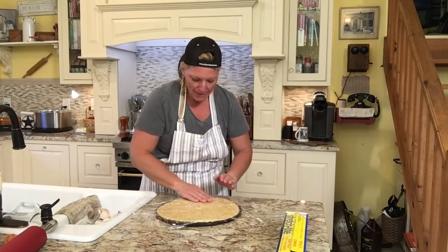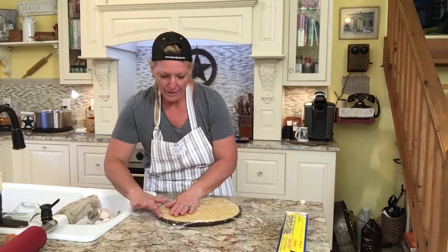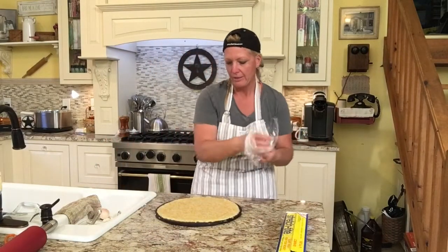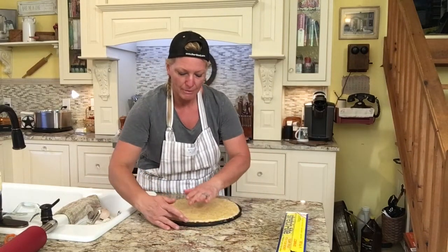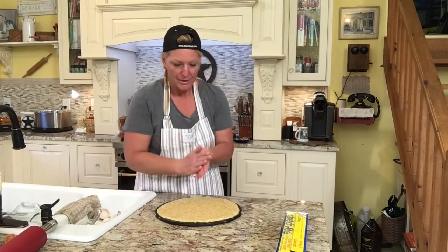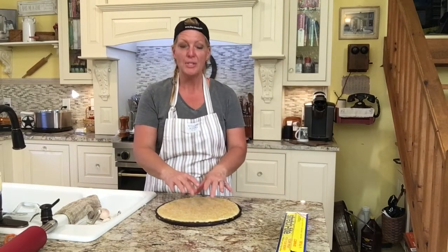Now, I'm gonna make that nice even edge just by taking my finger and edging it in around. We're gonna clear away the plastic wrap and just touch up your edges a little bit with your fingers. Just go very lightly so it doesn't stick all over the place, all right? And there you go. Now this is gonna go into a 425-degree oven